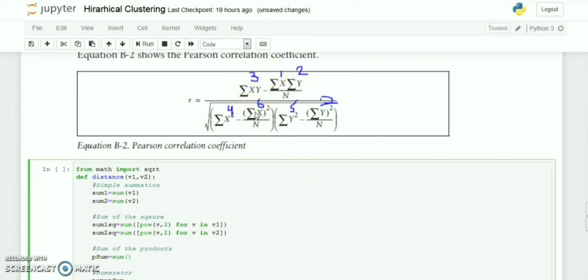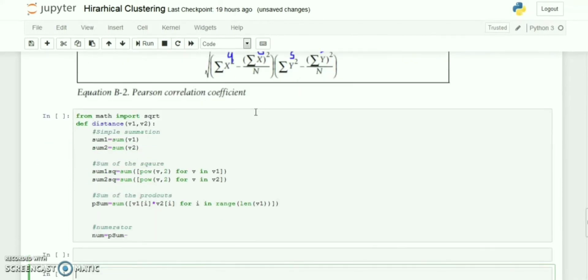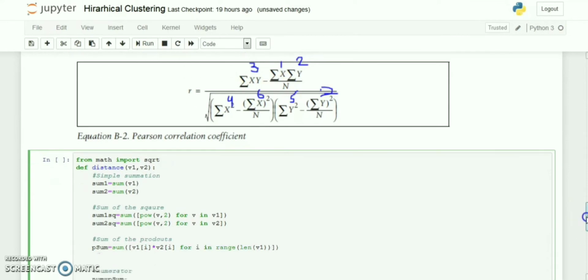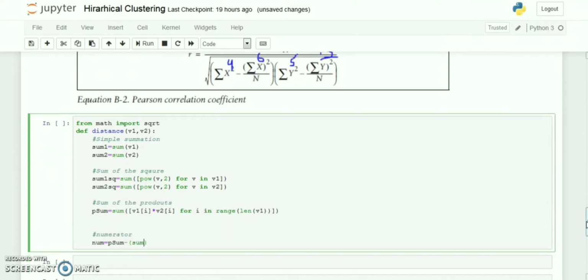So for doing this summation, v1[i] times v2[i] for i in range length of v1, because both of the lengths are the same. Now is the numerator part. We will play with the whole upper portion. So p sum minus sum1 times sum2, because we already did the summation of both of these,